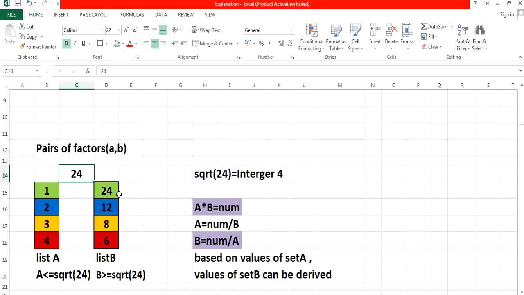If you know the list 2 value, is it possible to find list 1? It is so simple. Just do this: the given number divided by the list 2 value. 24 by 24 gives you 1, 24 by 12 gives you 2, 24 by 8 gives you 3, 24 by 6 gives you 4. Clear? If you know the A value, you can find the B value. If you know the B value, you can find the A value. And similarly, if you multiply these two corresponding values, it gives you the original number. 1 into 24 gives you 24, 2 into 12 gives you 24, 3 into 8 gives you 24, 4 into 6 gives you 24. Is that clear?